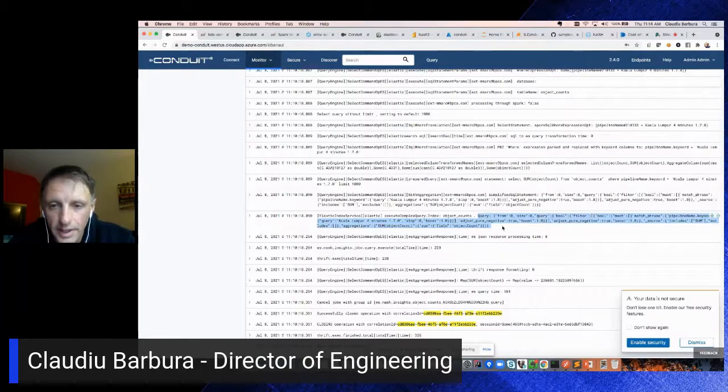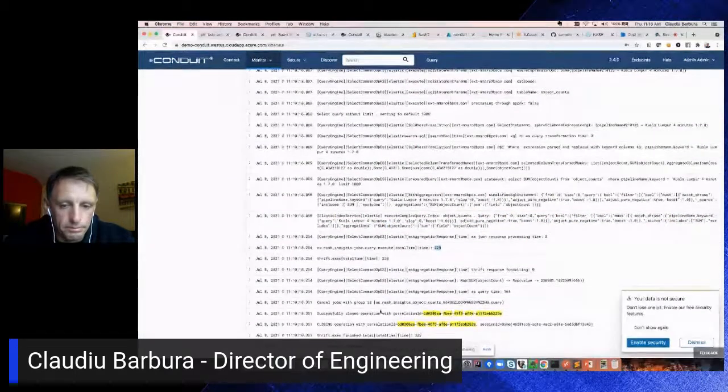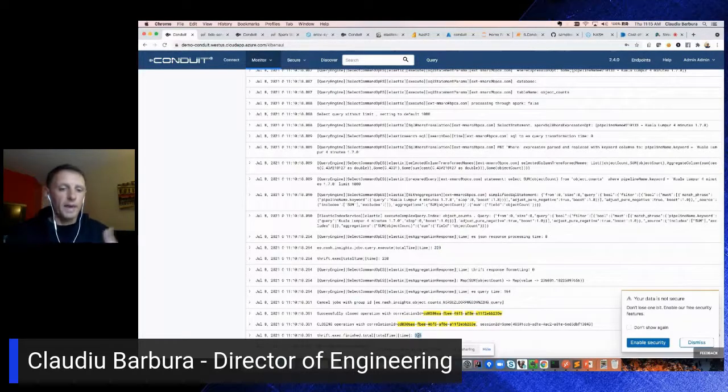It's now native Elasticsearch syntax, response time, and basically that's it. That's a successful query. The results were sent back to the client, right? So this gives me the insight into what happens with each query, right? And you have that access as an admin of Conduit, right? Not only that, but we also have